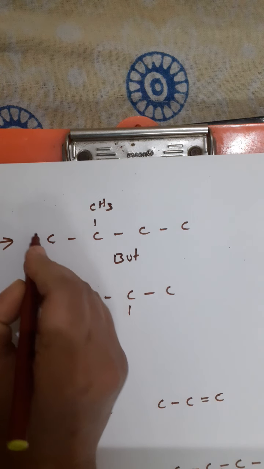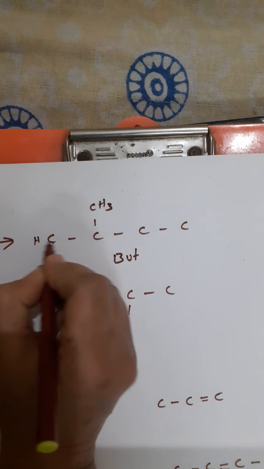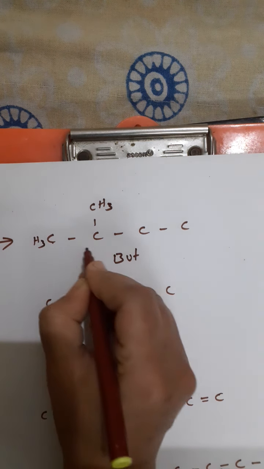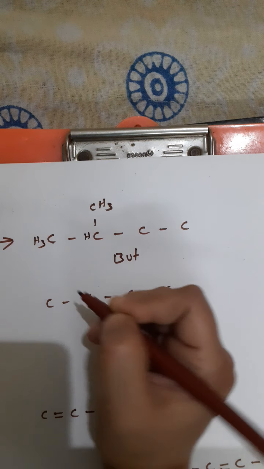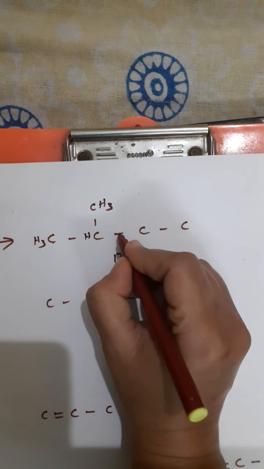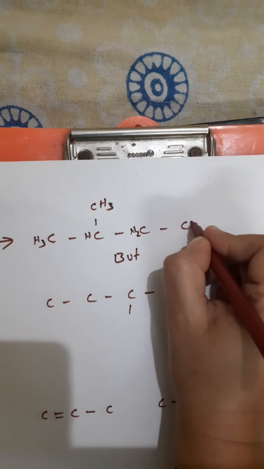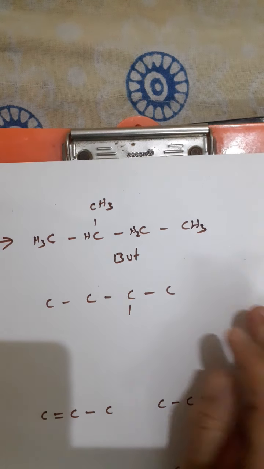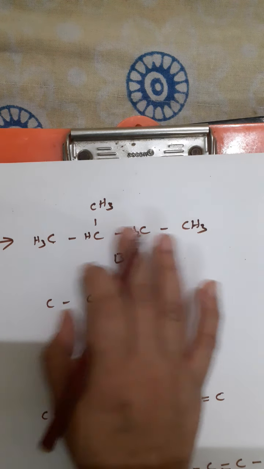Here, how many more valences are to be satisfied? One is already satisfied, CH3. Here 1, 2, 3 are already satisfied, which means only one more hydrogen is required. Here you see 1, 2. So how many more, children? 2. Yes. And then for this last one, 3 more. I hope you are now confident with drawing the structures.